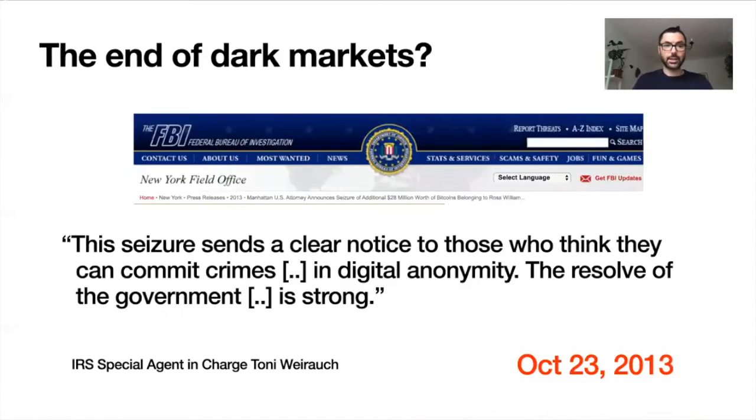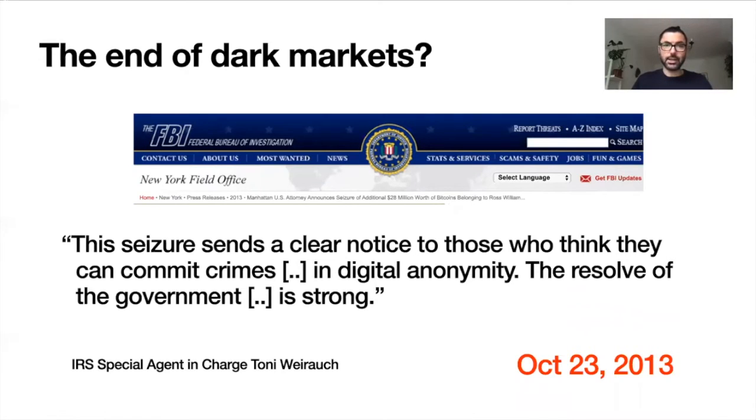So was this the end of dark markets? There were at the time, for example, this is from the official FBI website, statements like this: "This seizure sends a clear notice to those who think they can commit crimes in digital anonymity. The resolve of the government is strong." However,